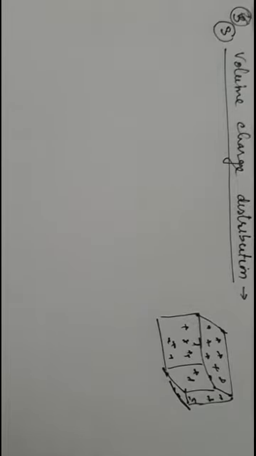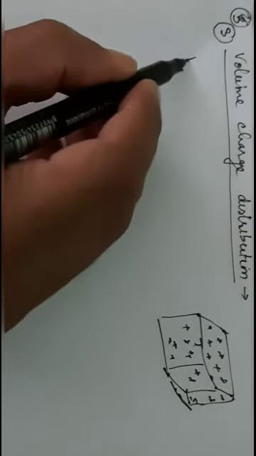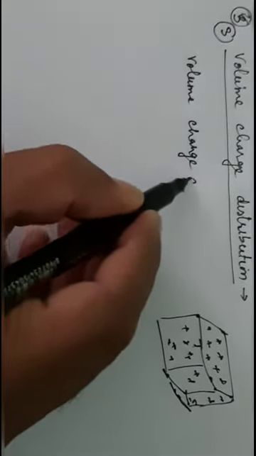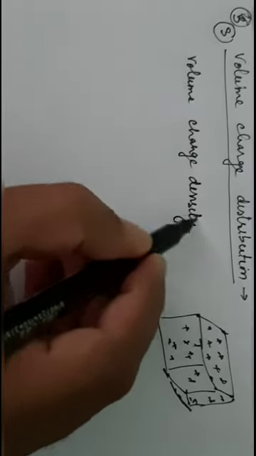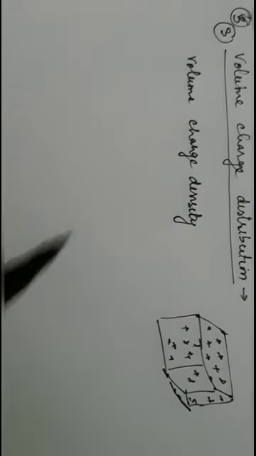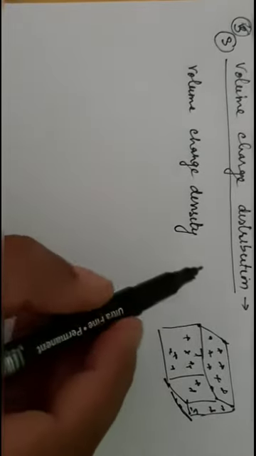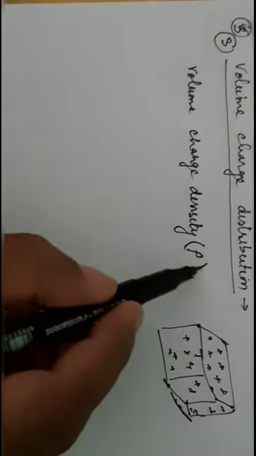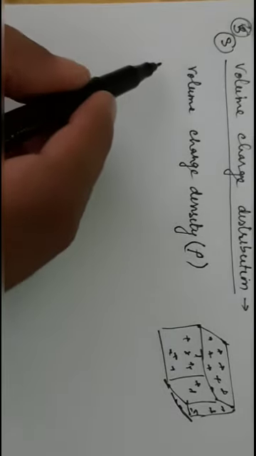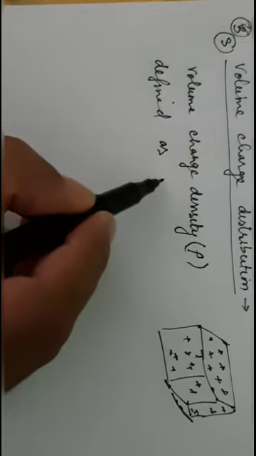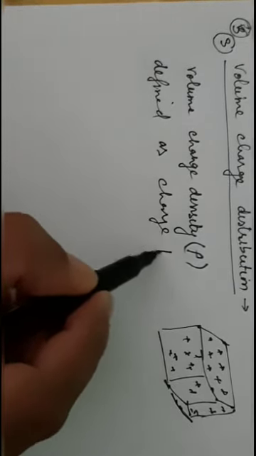The strength of the volume charge distribution is represented by the volume charge density. It is represented by rho. The volume charge density is defined as the charge given to this block per unit